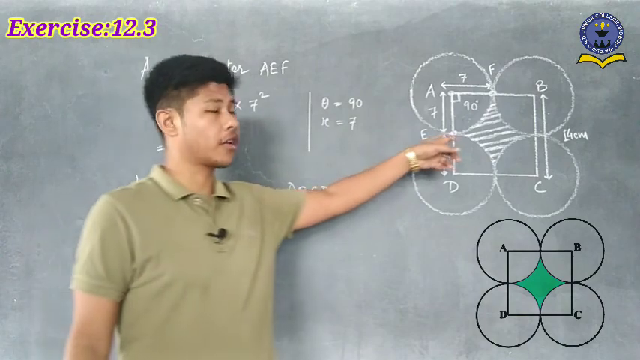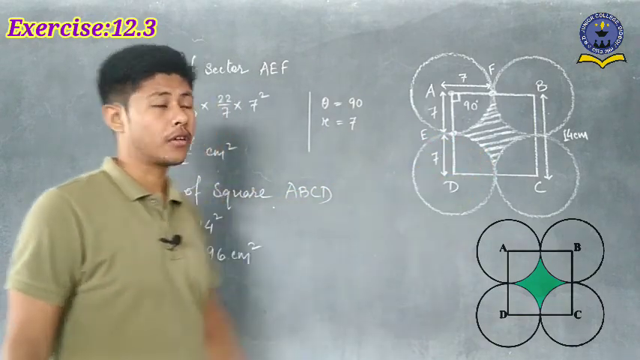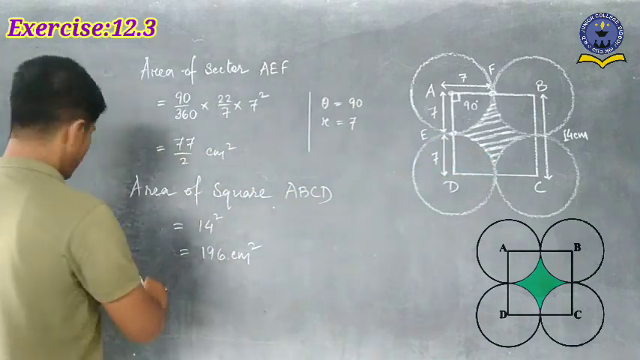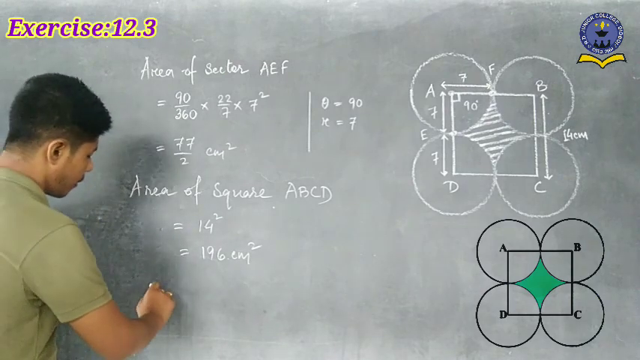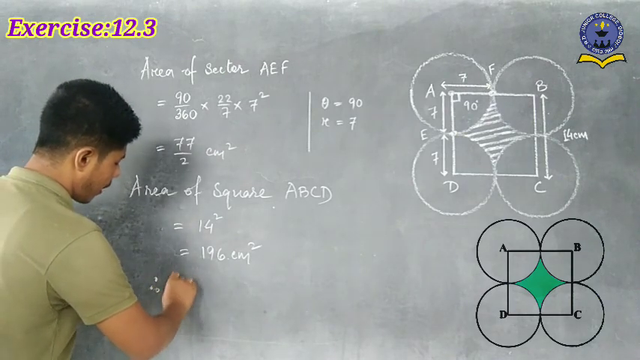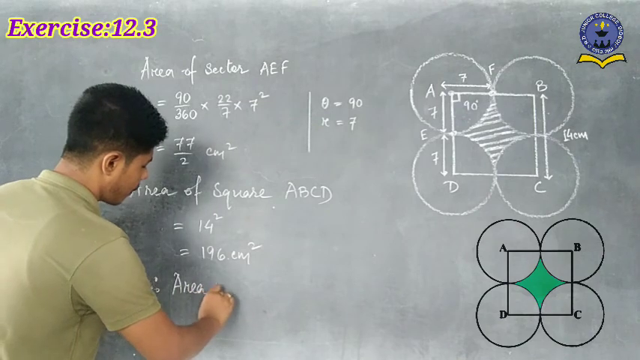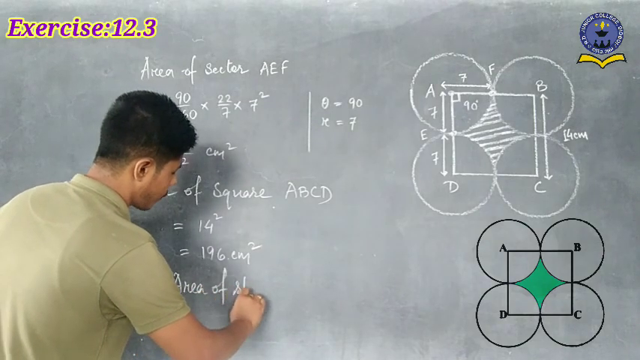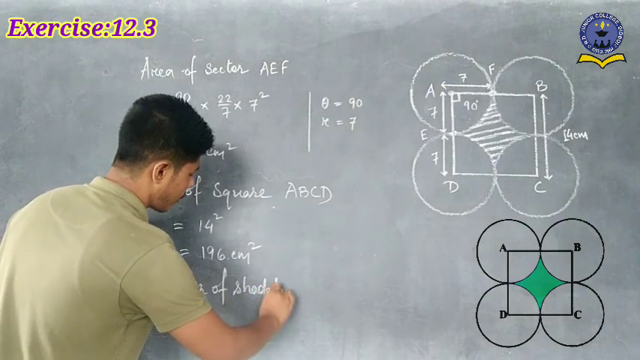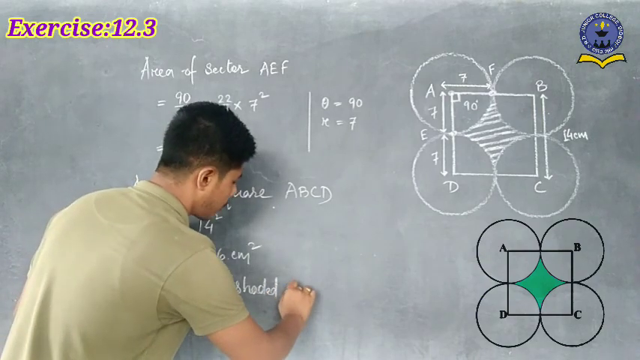How can we find out the shaded region here? Easily we can find out the shaded portion here. So finally, the conclusion you have to write here: therefore, area of shaded region or shaded portion